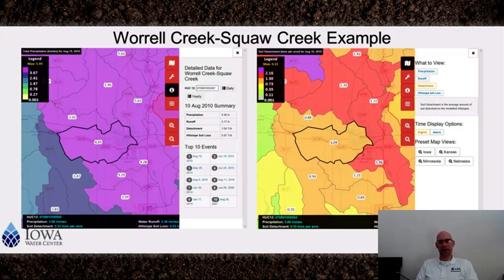These detachment and soil loss numbers are fairly low from what you would expect from a 4.5-inch rainfall on a fairly saturated soil, mainly because on the 10th of August we had full crop cover at this time period, so the soil surface was pretty well protected by residue and growing crops at this time. So it didn't result in lots of soil loss and erosion, but it did result in some significant flooding impacts